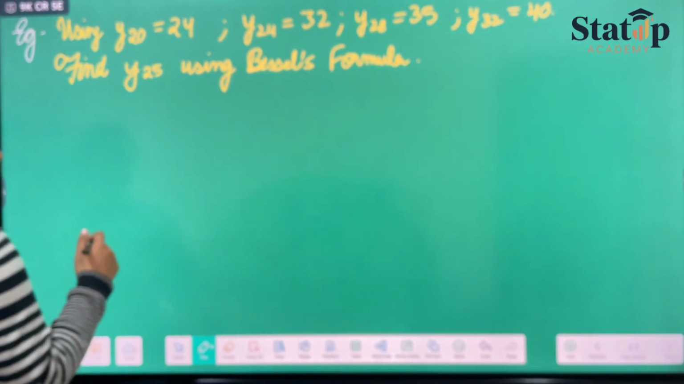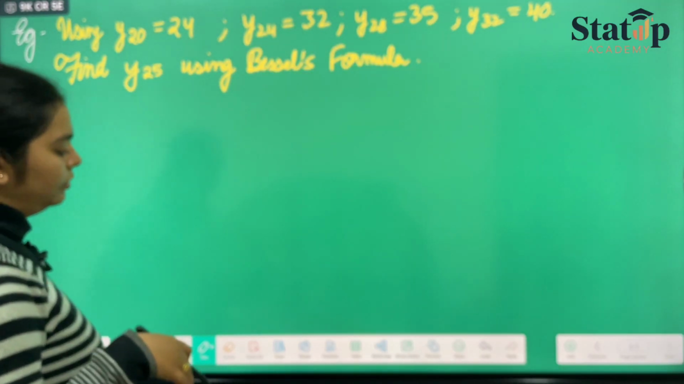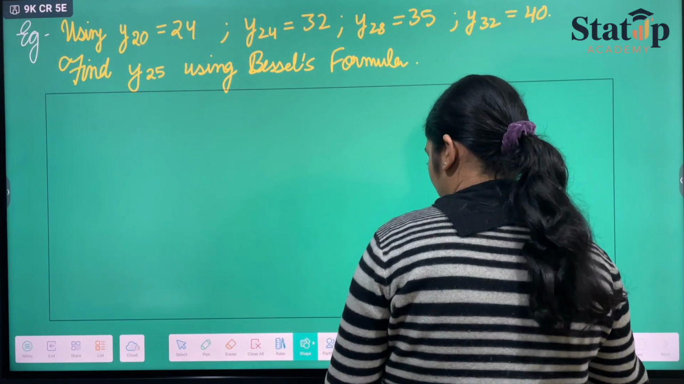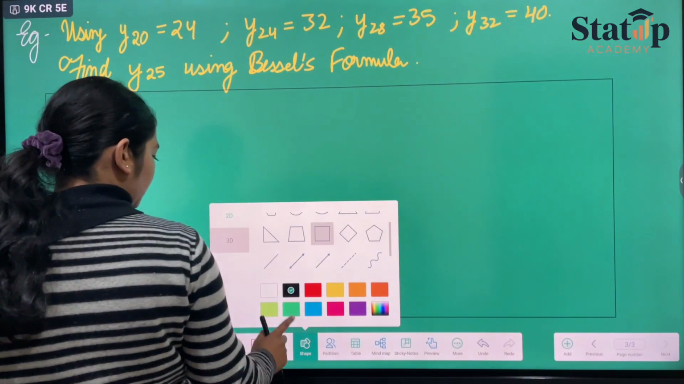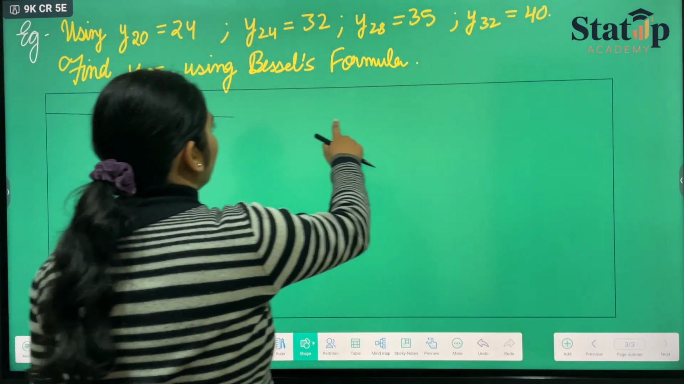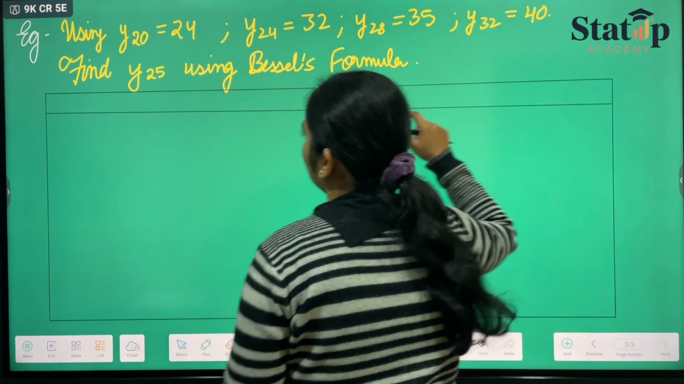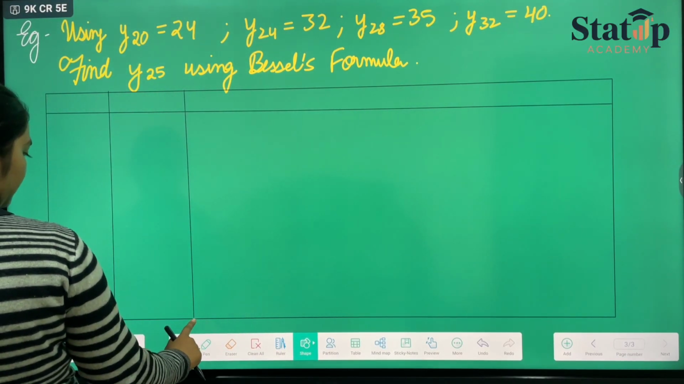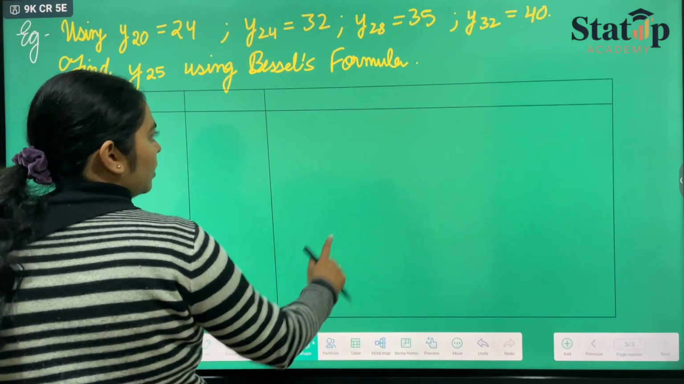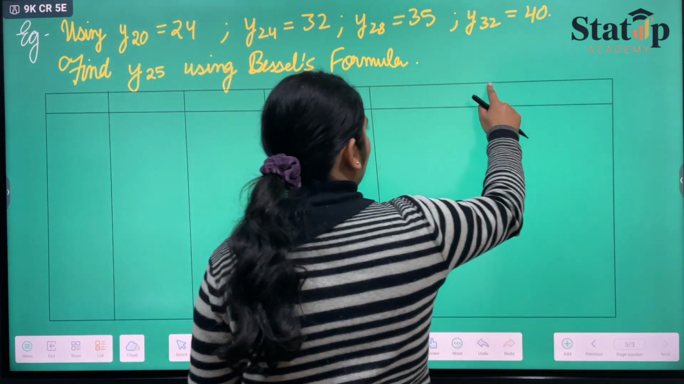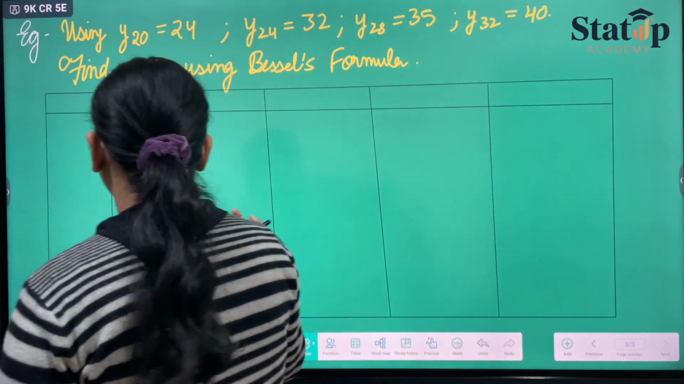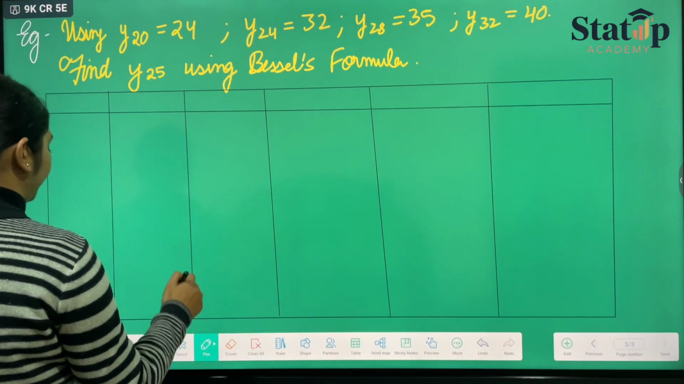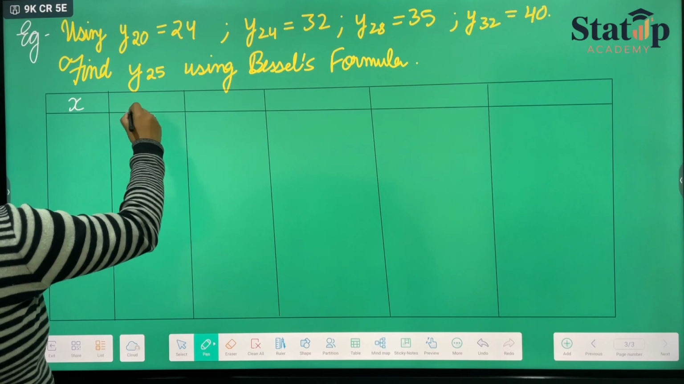Now, as you all know, we'll make a table and divide it into some parts, where we'll write x, fx, delta of fx, delta square of fx, delta cube of fx, and delta raised to the power 4, which will not be needed in this kind of question, but still I am creating that space. So here we'll write the values of x. Here we'll write fx,